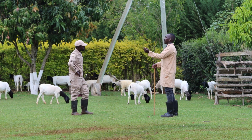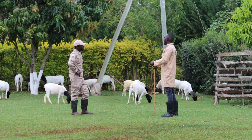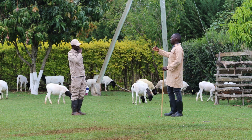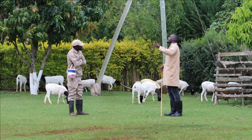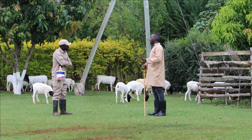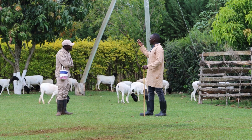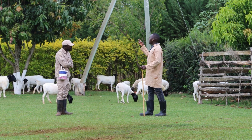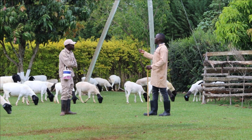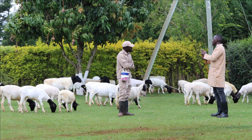The feeds are converted into muscles and fats, and like us here on the islands, we have to supplement. A Maasai there in Narok doesn't know the price of wheat bran. The only price the Maasai knows is dewormer, multivitamin, ivermectin against control of the ticks, and the vaccination. But here, you have to know the price of the wheat bran,